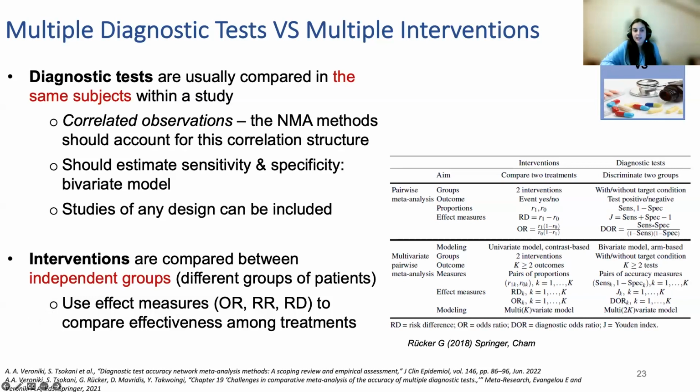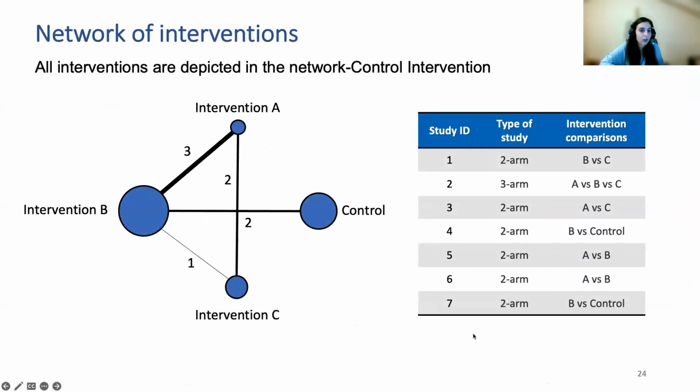And finally, studies of any design can be used. So in interventions, studies are eligible for inclusion in a network if they compare at least two interventions. But this is not the case for the DTA studies. So we may have studies which evaluate a single test against the reference standard. So these are single test studies, but we also may have studies evaluating two or more tests. So the reference standard, we should highlight, is not considered as a different test in the network, but it is considered only as a bridge. Let's see that in the next slides and how this is incorporated in the